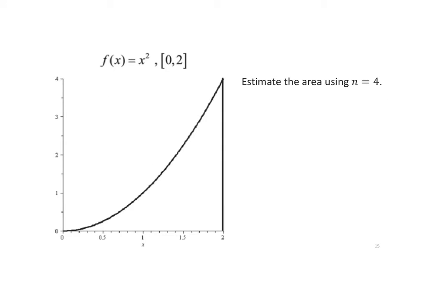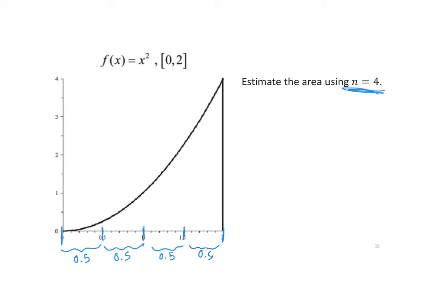So if I were going to do that with, say, 4 rectangles, how might I make rectangles to fit under this shape? Again, if we're talking about equal partitions, we take this interval from 0 to 2, cut it into 4 equal pieces, which means each piece of this interval, each subinterval, is 1/2 wide. And then we consider a rectangle that's going to have height